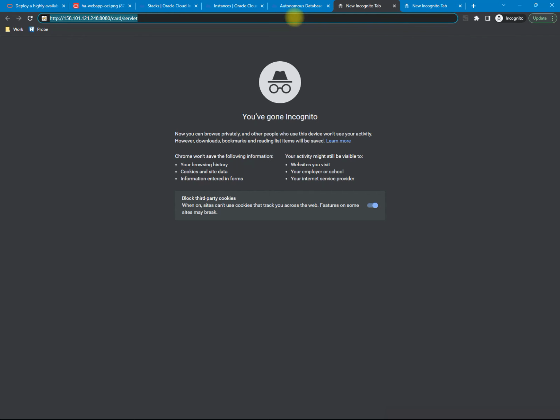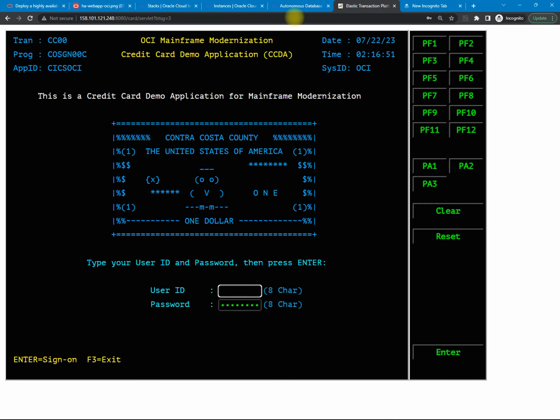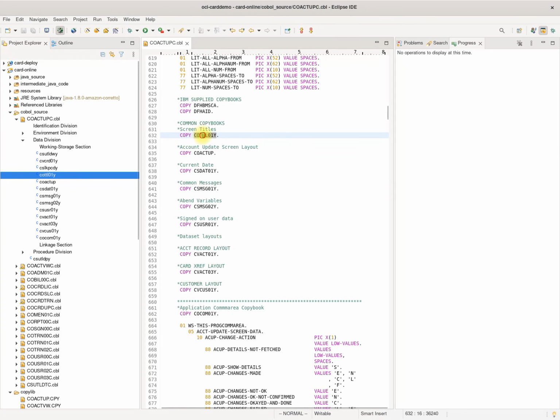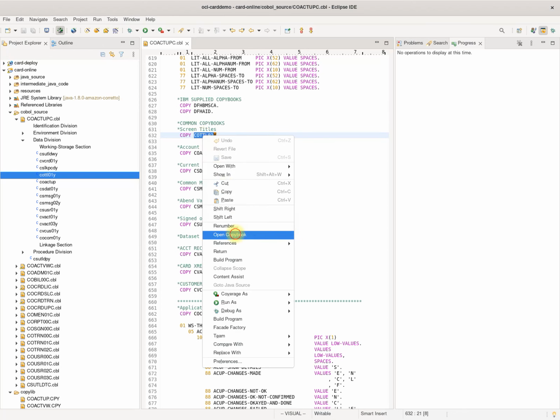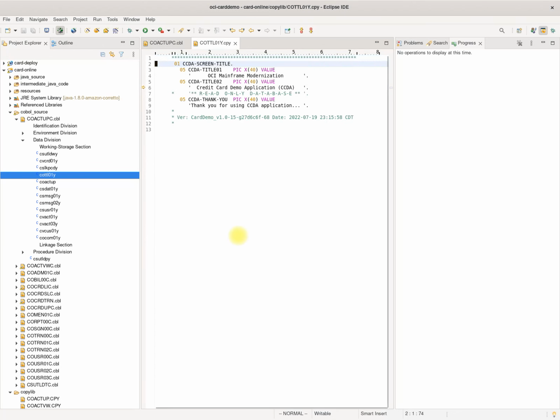What we're going to do now is look at the version of the application that is already running and use the Heirloom IDE to make a change to the application to modify this line on the login screen. We have the project workspace already open and we are going to access the copybook that contains the line that we want to change. With the modification made, we save it and the Heirloom IDE automatically rebuilds all the dependent